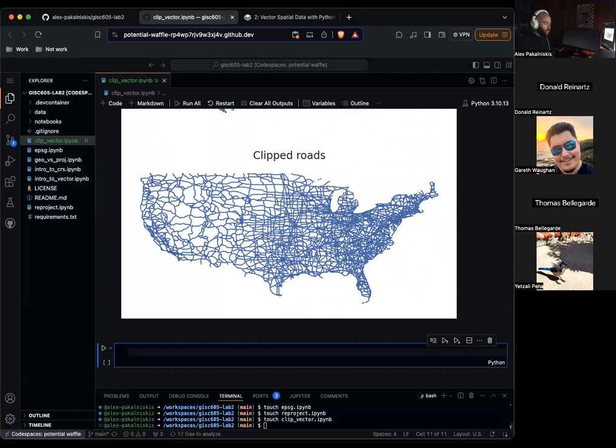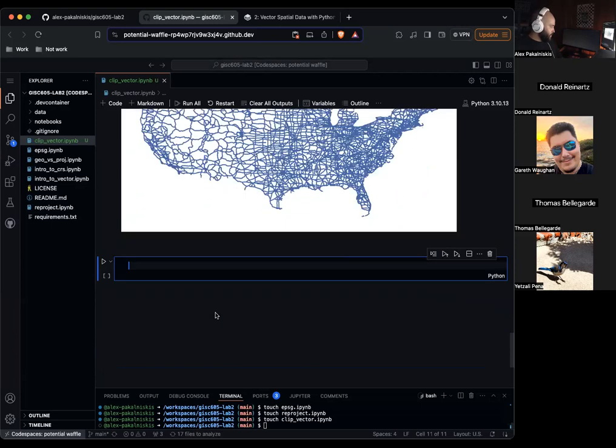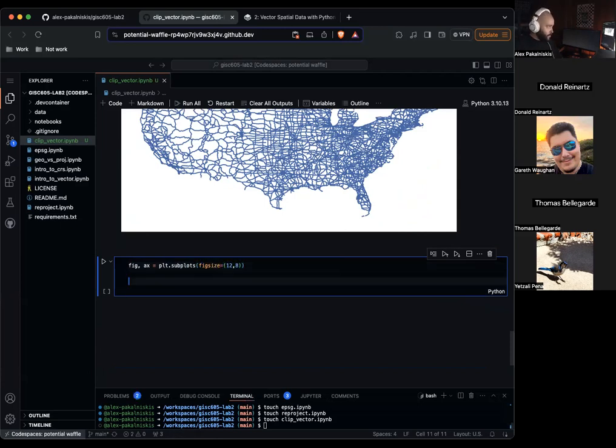Now let's plot the cropped roads on top of the continental boundaries. Edge color equals blue, alpha equals 1.